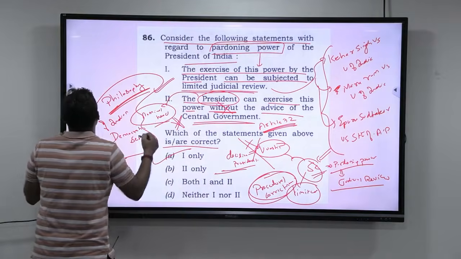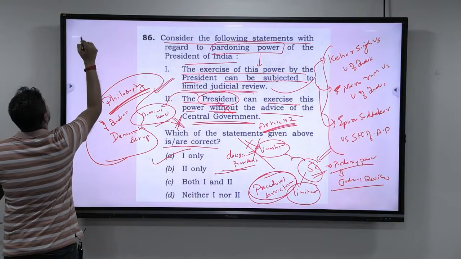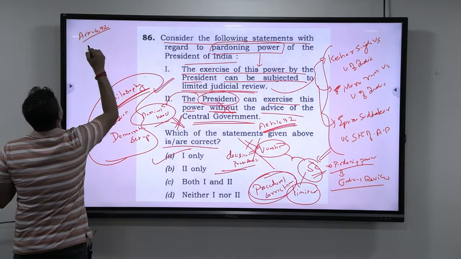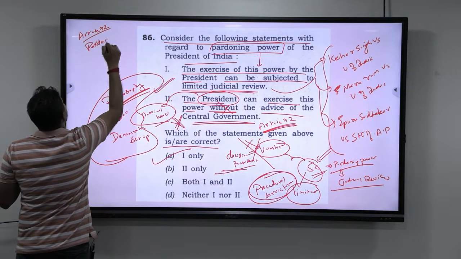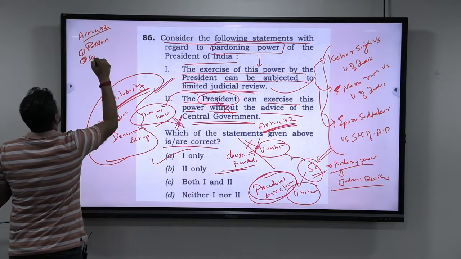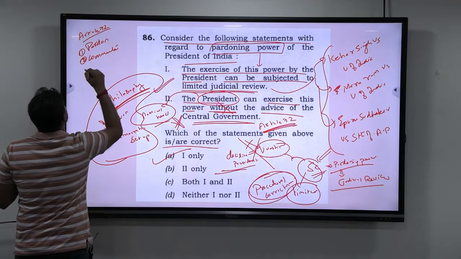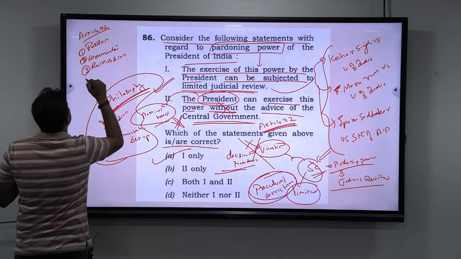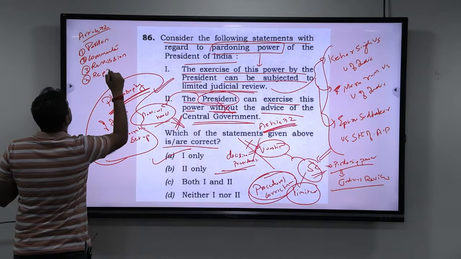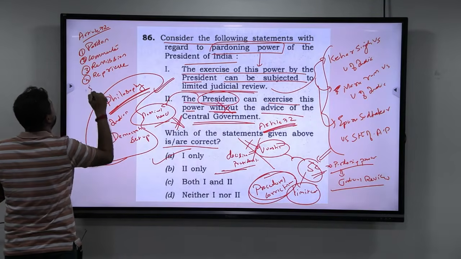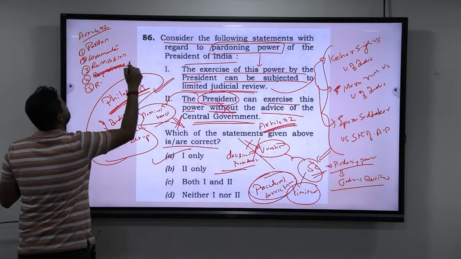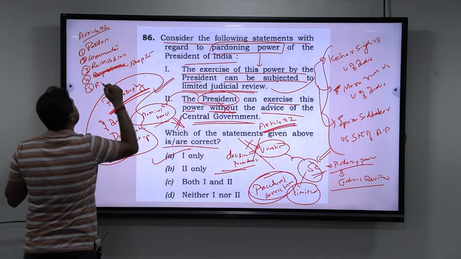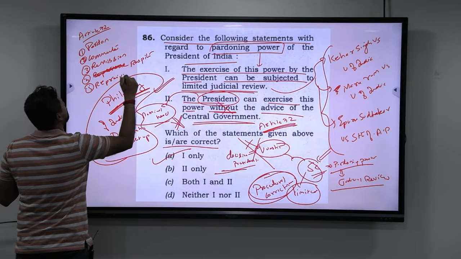Now to just give you the conceptual backing, when you come to Article 72, Article 72 provides one pardoning power. That pardoning power has several forms: one is pardon, other is commute, another is remission, another is reprieve, and another is respite. Let us write respite first, respite, and then we have reprieve. Okay. Now